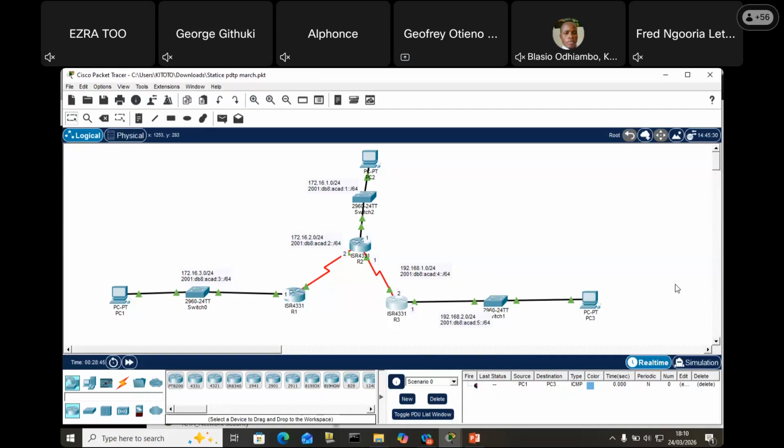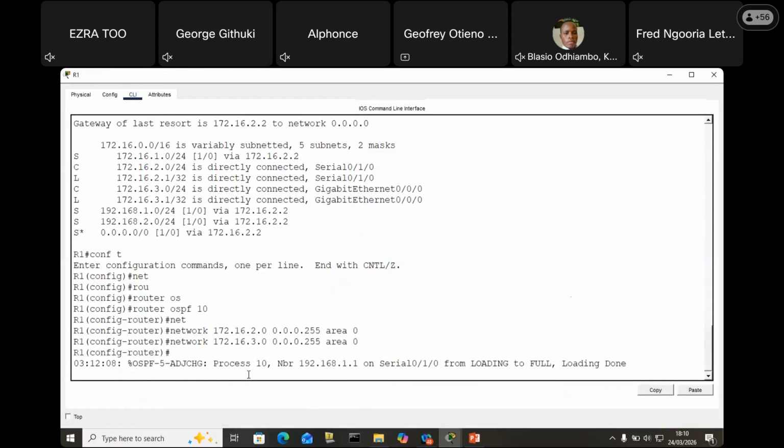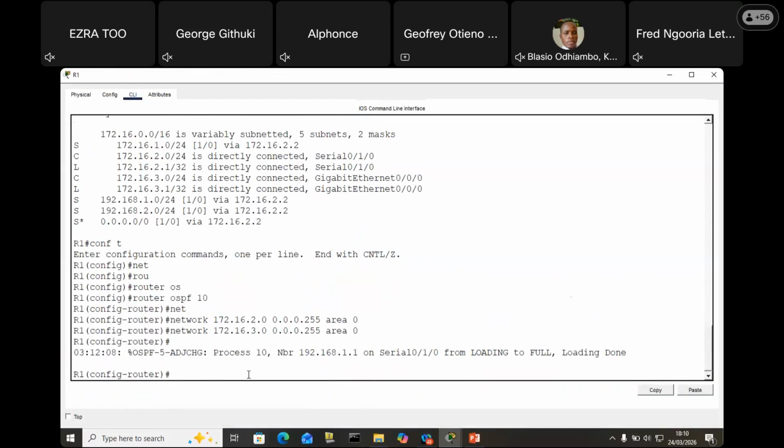If you wish, you can also do the interface command, ip ospf 10 area 0, but first on the global, then on each interface. So the same thing on each interface, G0/0 here, and serial 0/1/0 here, on all your serial interfaces, three of them, and all these two serial interfaces. Okay, now you can go ahead and confirm. Now that we have set it, let's see. I can end this,